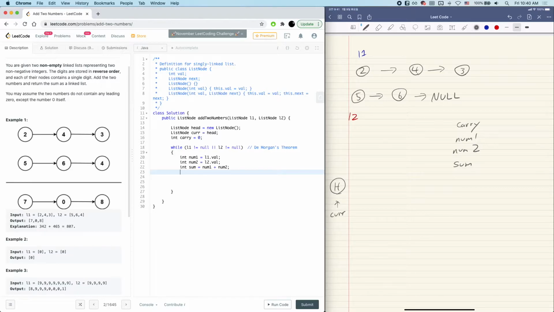And then our carry. So let's see how it goes. Our carry is 0. We initialize our carry here. And then int num is L1 value. So 2, this is 5. Our sum is 7. And then what we want to do is